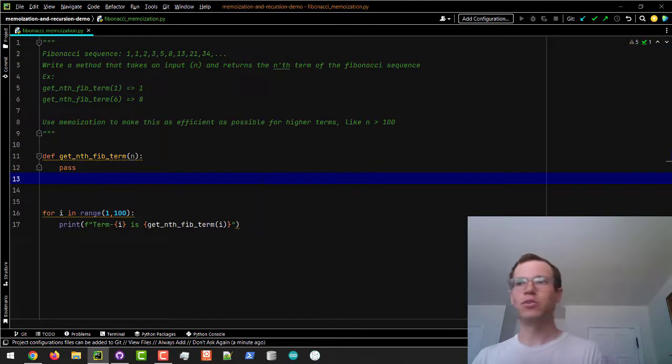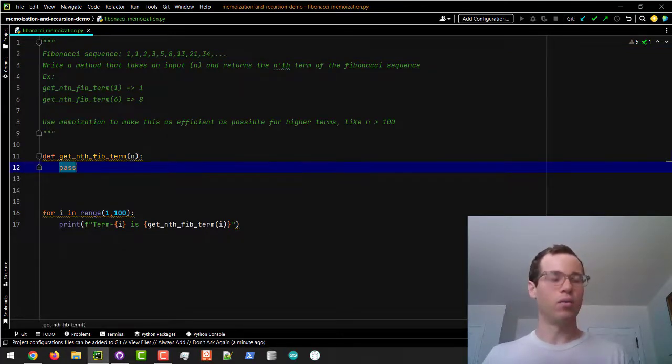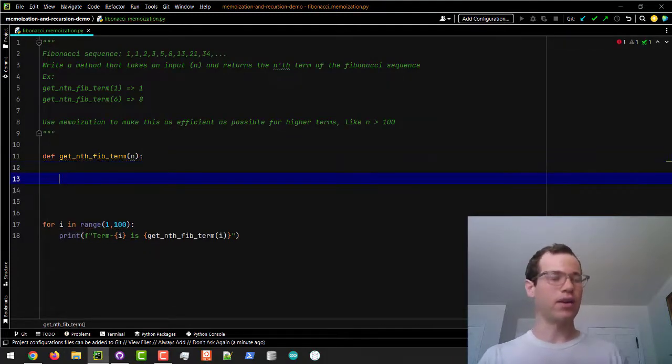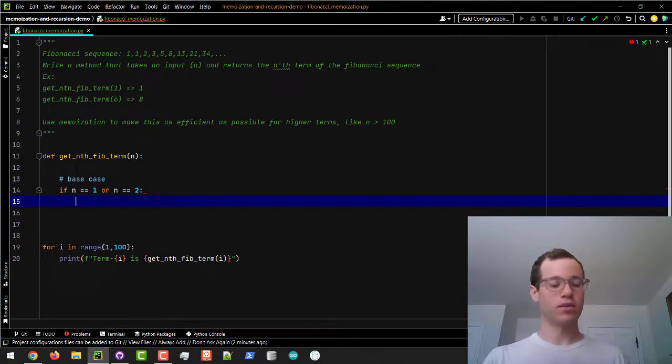So if you go about this the classic normal way of doing it recursively, we do this by having a base case and a recursive case. You need a base case, otherwise your recursive function will just go indefinitely and you'll get an error when you try to actually run it. So for the Fibonacci sequence, the base case is that the first term and the second term are equivalent to 1. So if n equals 1 or n equals 2, we want to set the value to 1 by definition of